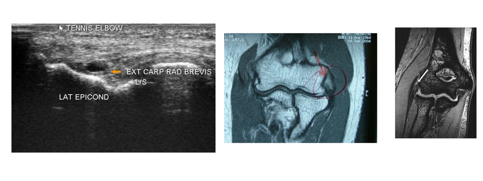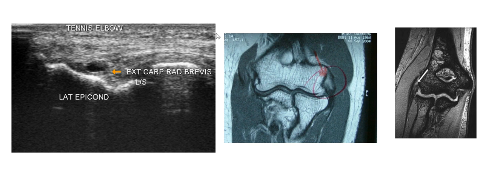And then where that extensor carpi radialis brevis attaches there on the epicondyle really should be a nice flat tendon tissue, seeing it going in a kind of linear fashion, and you see this pocket of fluid right there, and so you know that tendon's inflamed, it's starting to break down a little bit, there's pockets of fluid within the tissue. That's abnormal. You can see it on an MRI here,